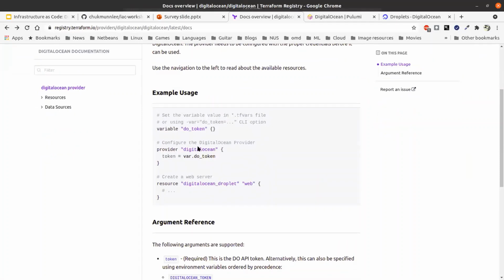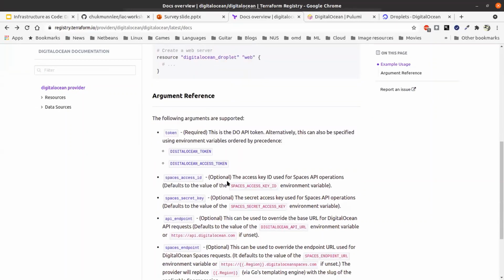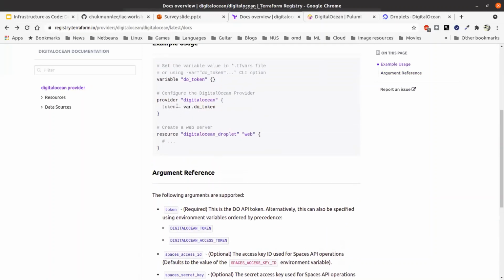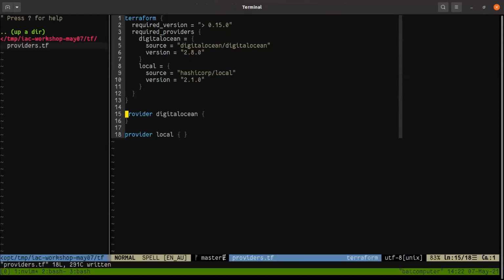The DigitalOcean configuration requires some other information. At the very bare minimum, you need a token. This is the API token, the access token. If you're on AWS, you need to go and generate a token. So you need to put the token here. To make this flexible, generally what people will do, just like programming, is you do not hard code your token in here, because if you check the code in, your token will be exposed to GitHub.